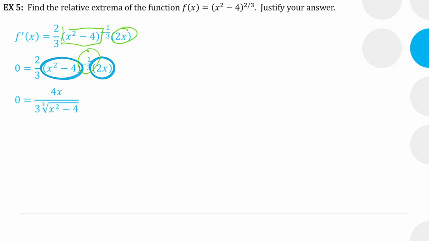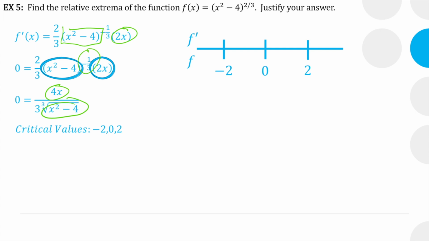If we clean that up a bit, what do you notice? I have a 0 on the top, and on the bottom, I have 2 places where the graph is undefined. So I have critical values at -2, 0, and 2, but at 0, I have an actual 0. At -2, I have an undefined derivative, and at 2, I have an undefined derivative. And now we just play the